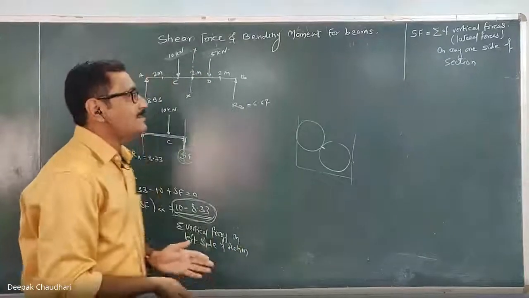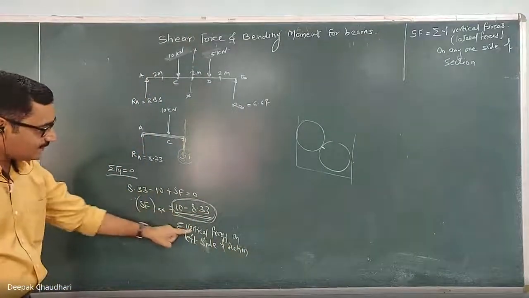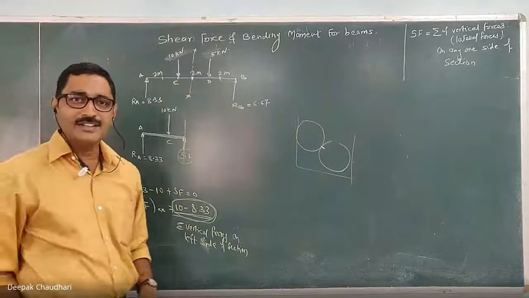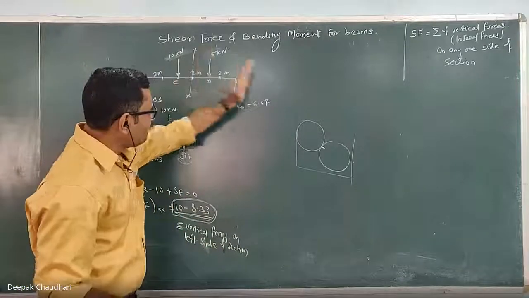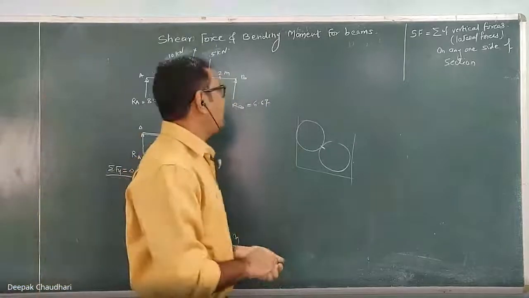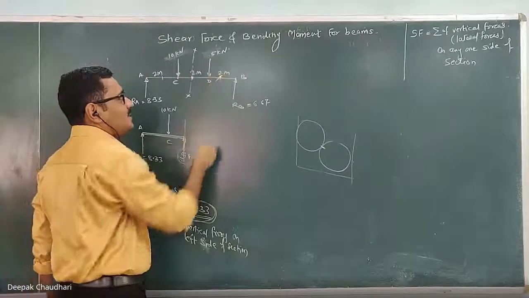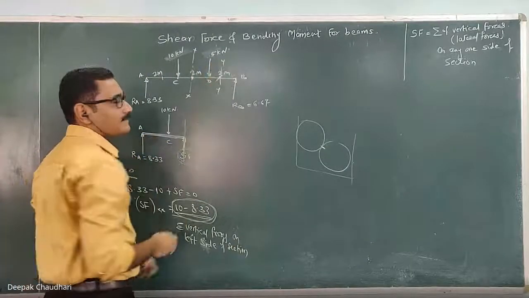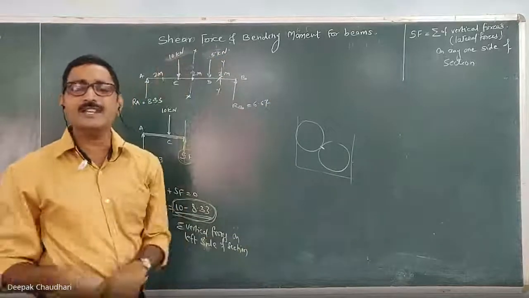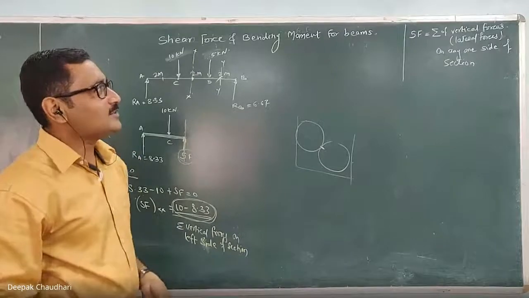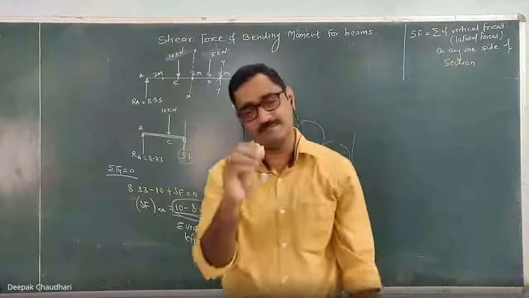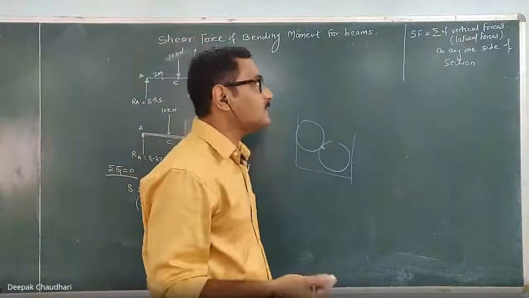You have to take the algebraic summation of the forces on any one side of the section. You can consider this example. Even if you take the summation of the forces on the right hand side, you are going to get the same answer. So whenever I ask you what is the shear force at any particular section, if I ask what the shear force is here, let this section be YY. So take the algebraic summation of the forces on any one side, and you will get the shear force here. Understood? So shear force is the summation of the vertical forces on any one side of the section. I hope that it is clear to you.